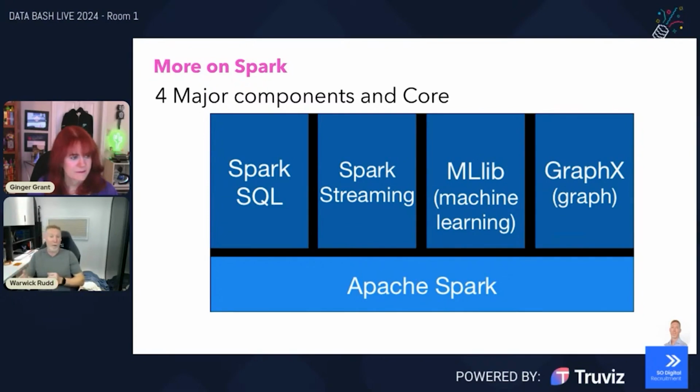Okay, Spark Streaming gives us the ability to process huge amounts of streamed data rather than waiting for it to come in and then be processed in a batch format. Okay, MLlib, or the machine learning library, provides a set of machine learning algorithms designed to be used with Spark. Many standard algorithms have been included in this library for you to use. And then GraphX gives us the ability to analyze data using a collection of nodes and relationships.